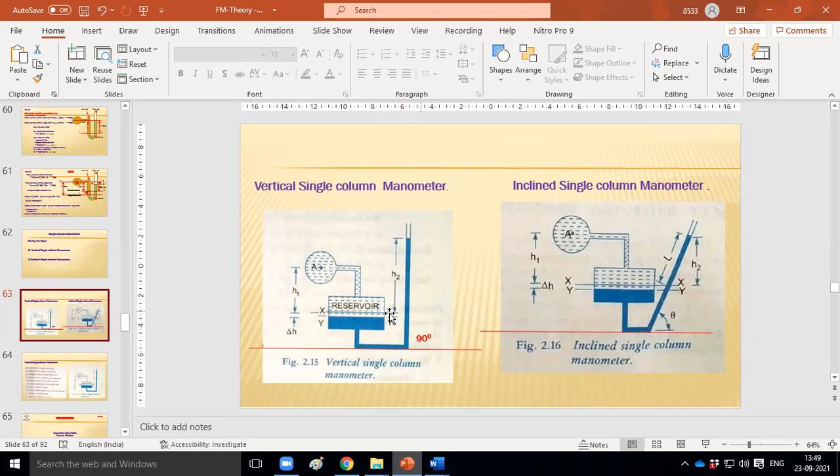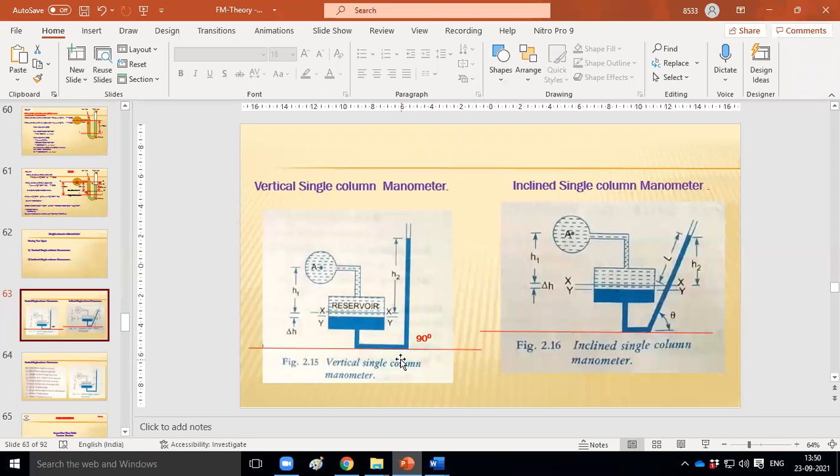At the same height, same XX. And when pressure is applied, the mercury level goes down to the YY line. Then the mercury level goes up in the right limb, and that height is represented by H2. So what will be the height of mercury that goes up in the right limb from the datum line? Which one is the datum line? After applying the pressure in the left side figure, YY dash is the new datum line.